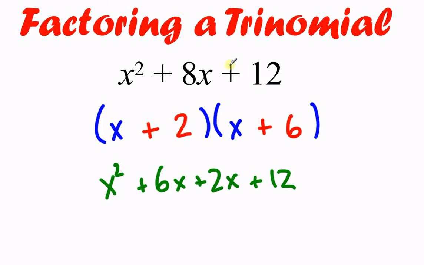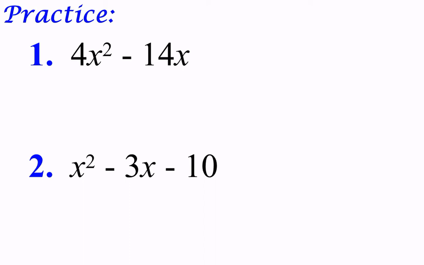It does get a bit more complicated if there's a number sitting in front here, but if it's simple like this, these two numbers will add up to be the middle term while also multiplying to be 12. And again, you can always test it at the end. If you get your answer here and you don't think it's right, just redo the distributed property, refoil it out, and check it and see if it makes sense there. So let's do a couple practice problems and that'll be it for this.